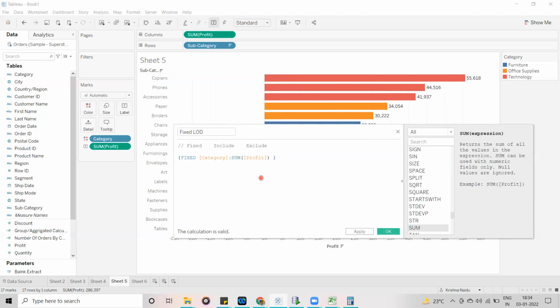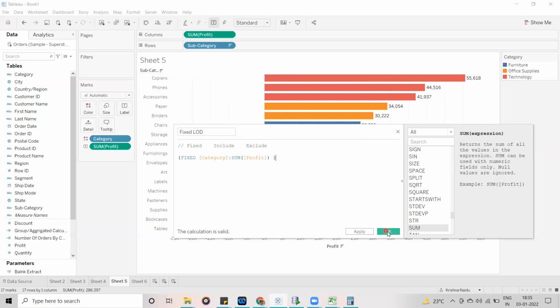If you are not aggregating, it is not going to validate. Let me show you. Now you can see the error message: results of level of detail expressions must be an aggregate. Always you have to use aggregation here. So I'm going to use sum. Now the calculation is going to be valid.